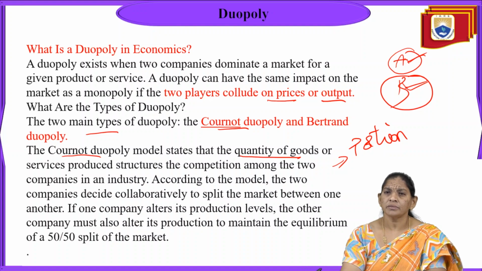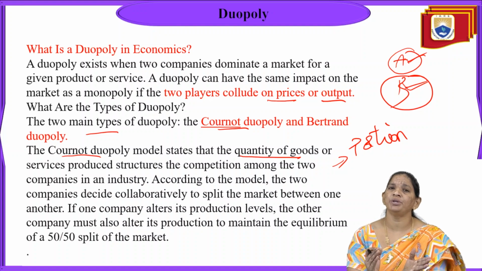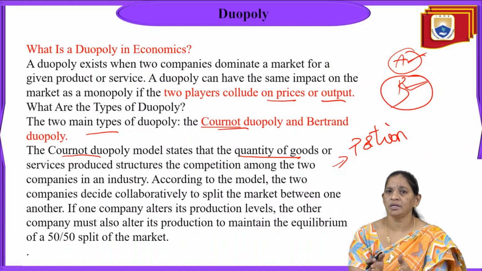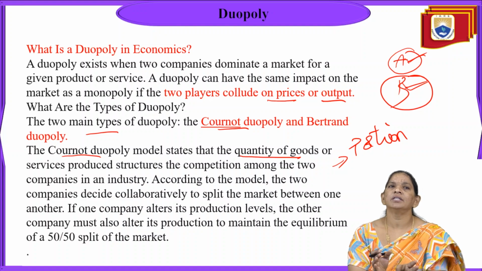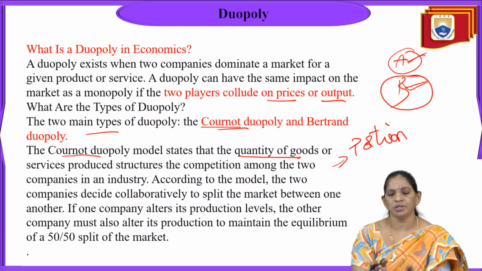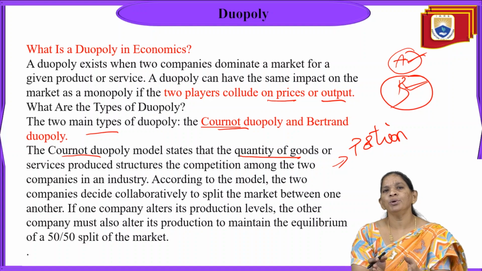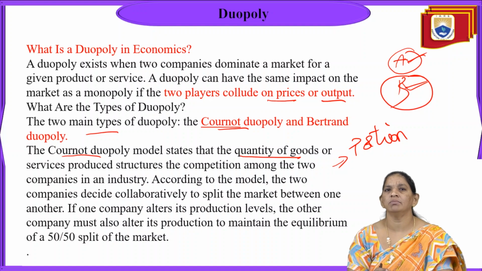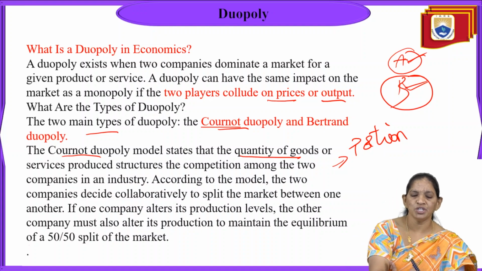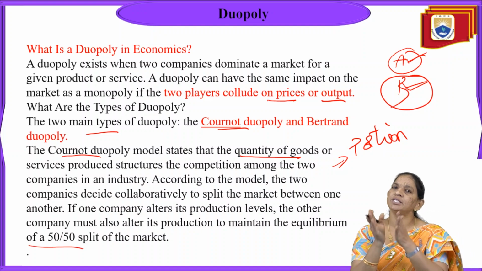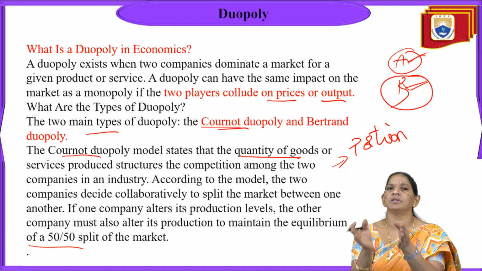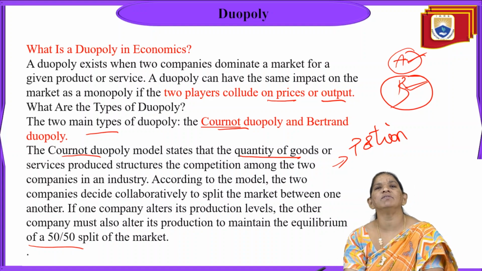In this type of competition, the companies want to maintain an equilibrium position in the market. That equilibrium means the two companies split the production 50-50%, and then both companies get an equilibrium in the